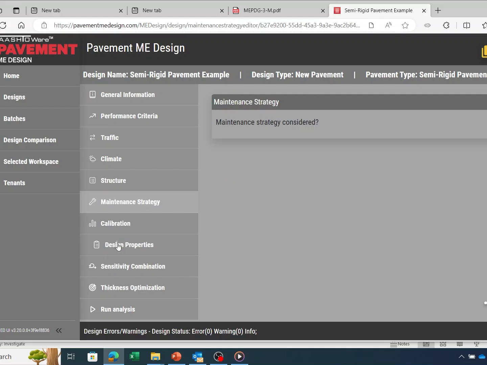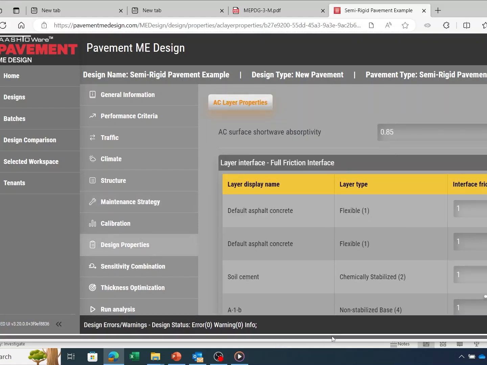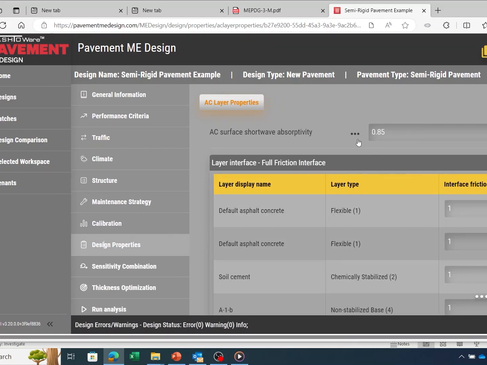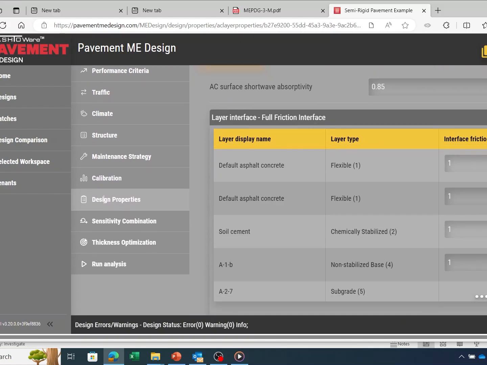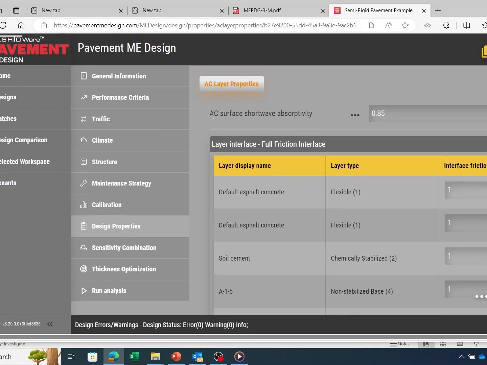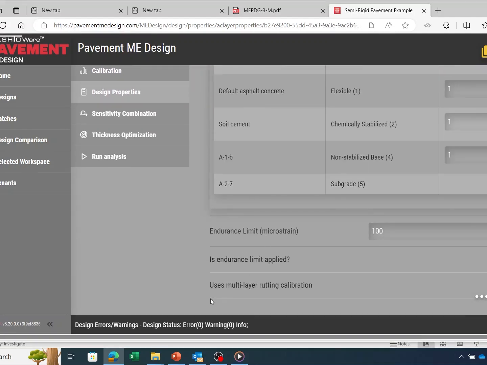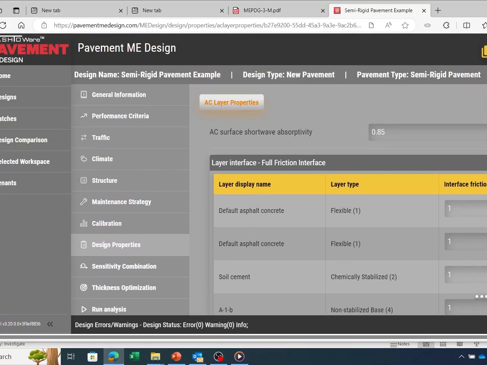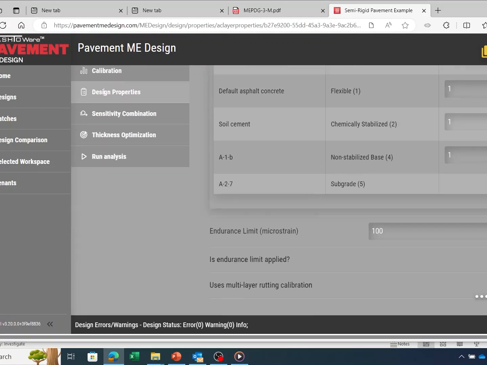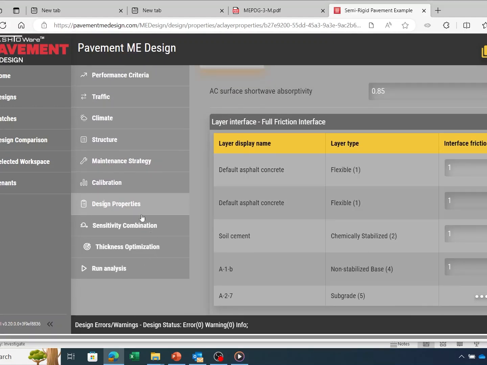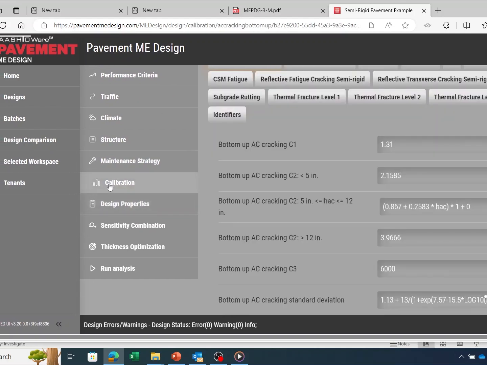We're now going to go down to the design properties for semi-rigid. Those are identical to what we discussed for flexible pavements in Module 6-1. And they include the asphalt surface shortwave absorptivity, layer interface, endurance limit, and the multi-layer rutting calibration coefficients. Those are identical to what was discussed for flexible pavements, so we're not going to discuss those in detail because they've already been discussed under flexible pavements. What we will review is the